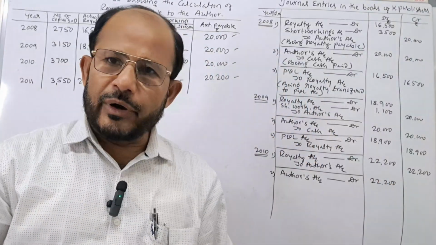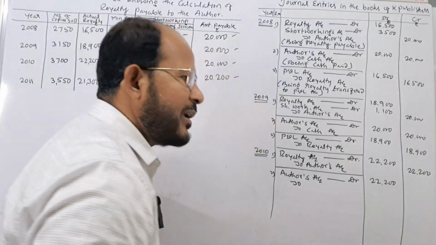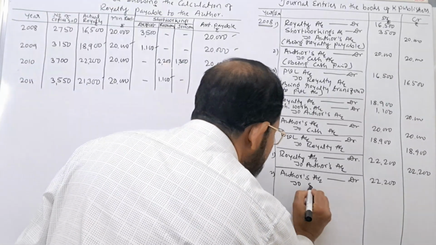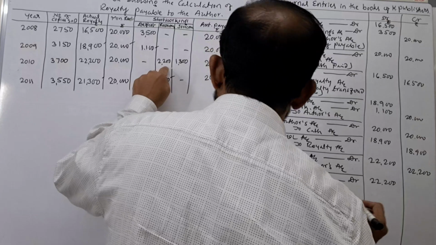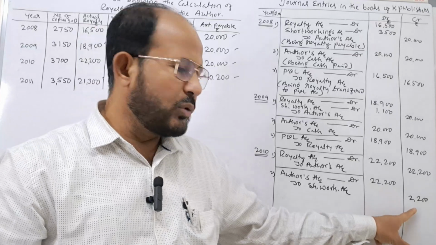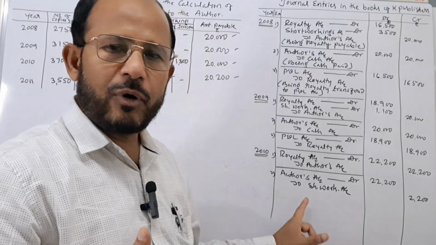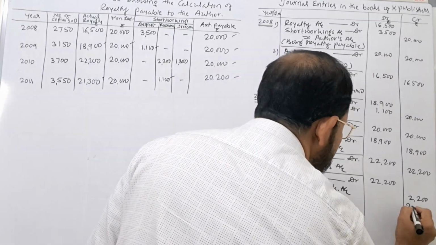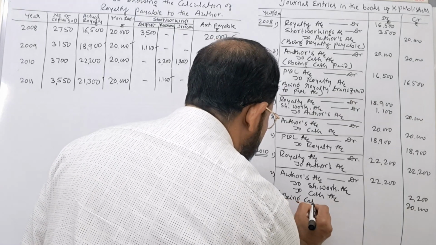Are we going to give 22,200 to the author? No. What are we going to give? Less than that. Why? Because we are going to recover the short workings of the previous year. To short workings account, we are going to recover short workings. How much amount is recovered? You see, 2,200. Out of 22,200, 2,200 is recovered as short working. The remaining amount is given to the author, to cash account, rupees 20,000. Being cash paid